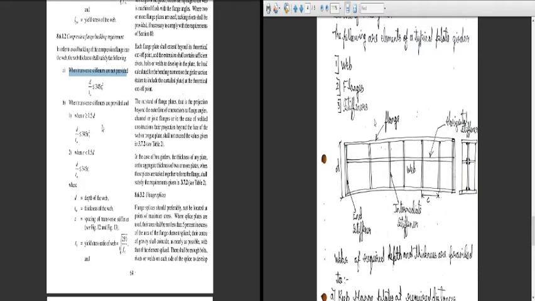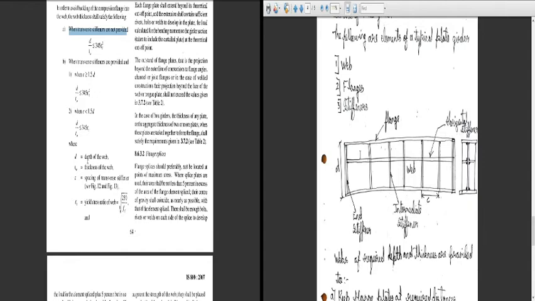And when transverse stiffeners are provided, this is the condition. When C > 1.5D, D/tw ≤ 345 εf squared. And when C < 1.5D, D/tw ≤ 345 εf. Where D is the depth of the web, tw is the thickness of the web, C is the spacing of the transverse stiffener, and εf is the yield stress ratio, root of 250 divided by fy. So this is how it goes.